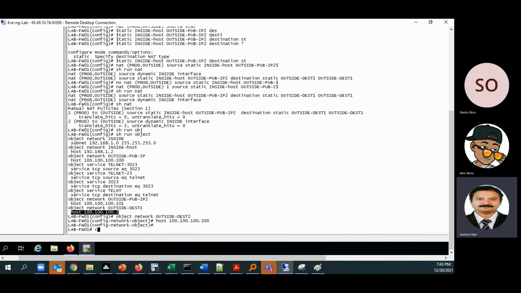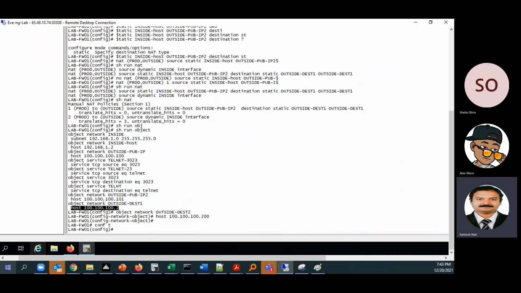Now what I want is, whenever somebody from the inside does a telnet to 200, the IP address has to change to 101 and the destination has to change to .2. What is .2?